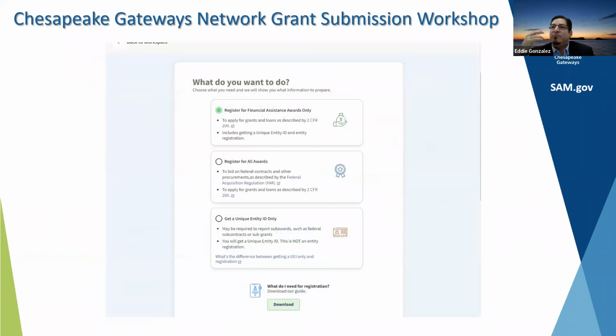involved. From that get started, you're going to come to this menu. You're going to be choosing, for the most part, register for financial assistance only. I'm only going to be walking it through with the intention of you being able to get a grant. The second category, register for all awards, would be if you're also looking to go after contracting, if you've got a part of your organization that's involved in government procurement. There's a lot more steps involved on the contracting side. So for our purposes, we're only going to walk through the financial assistance steps, which provide just minimal documentation that